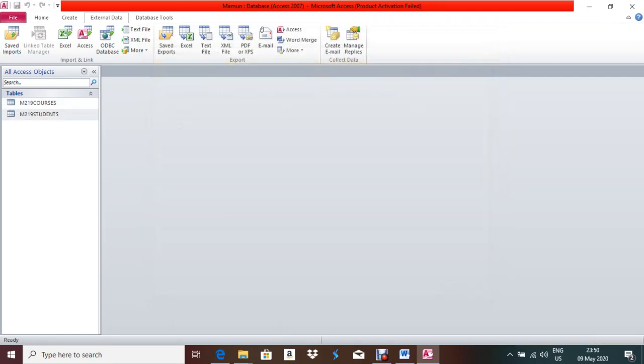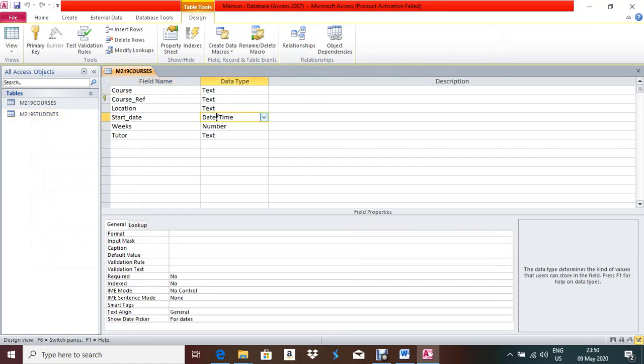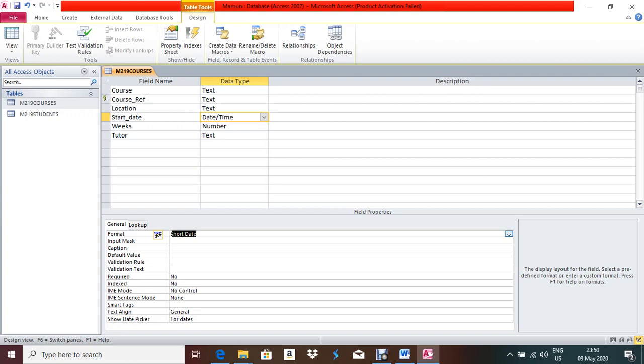Now close, open this course table in design view, because you need to change some format, date and time. Format should be 2D 4M 4M, this one short date, right? Check 4M. Okay, full spelling coming June. 4M means it will come in full spelling. Okay, any other thing? No. Now next question,